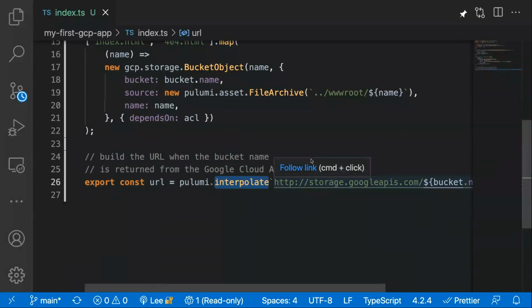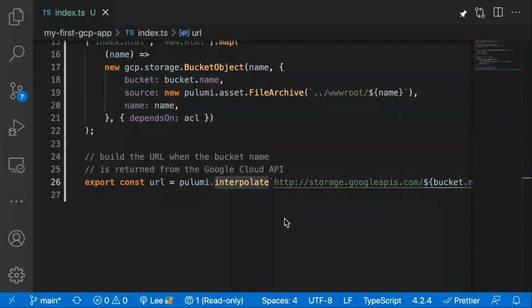There is a blog post that I wrote that explains a little bit more about this. I'm just going to share this in the chat. It's called Understanding Pulumi's Apply. I would highly recommend reading through this to get an idea of what is actually happening. Pulumi interpolate is just a wrapper around what we call apply. So the same concepts apply to Pulumi interpolate, but hopefully that link will give you an idea of what's actually